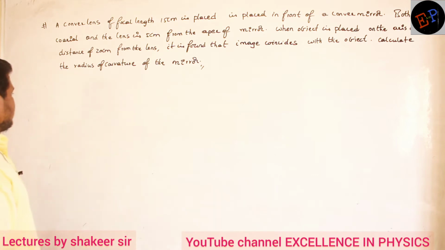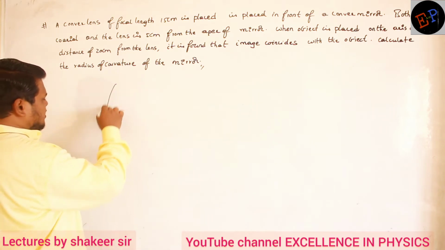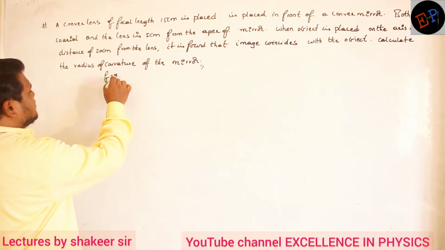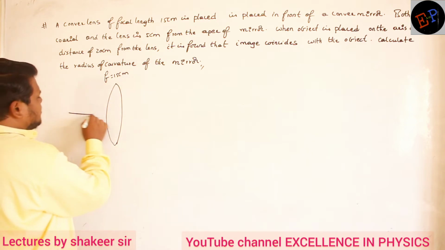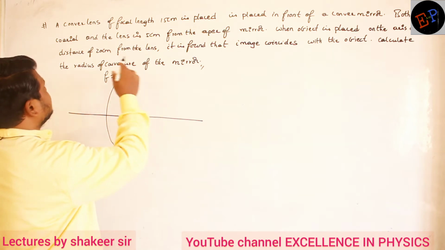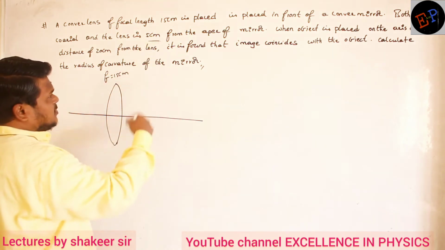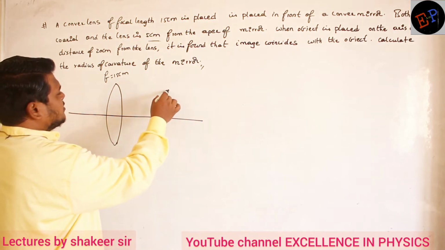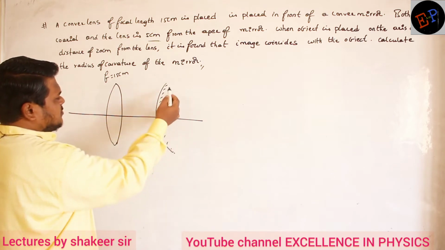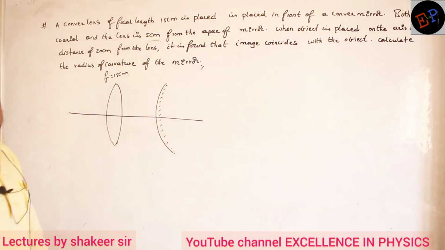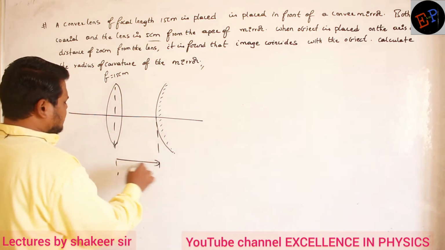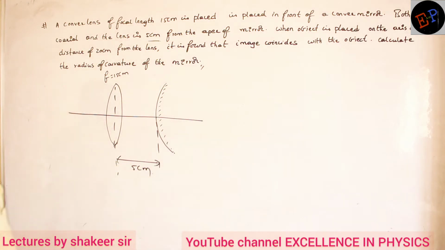That is the question. Let us try to draw a diagram of this one. Consider this is a convex mirror. What is the focal length of this one? The focal length of the lens is 15 centimeter. So this is the principal axis, and at a distance of 5 centimeter from the apex of the mirror, there is the lens. Convex mirror means the inside surface is painted, and the outside surface behaves like a mirror. What is the distance between the mirror and this lens? This distance is 5 centimeter. That is the data which is given.